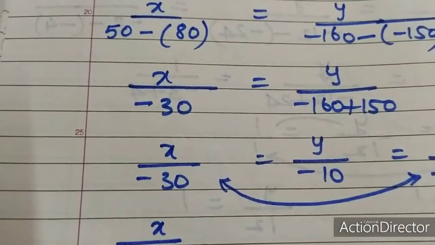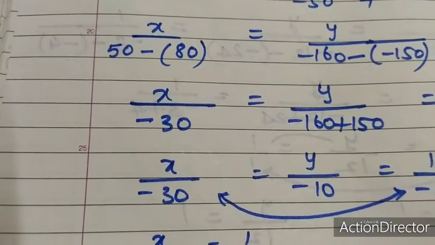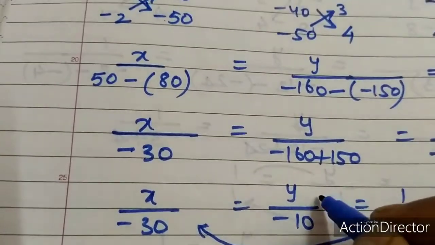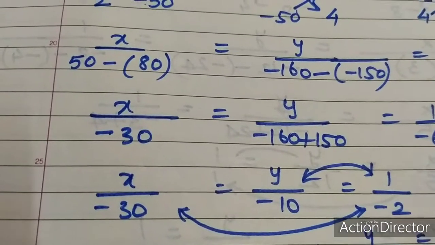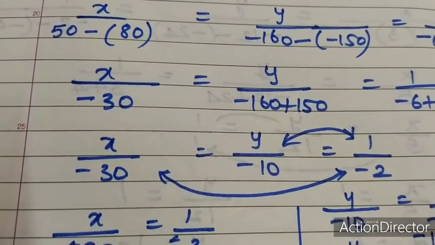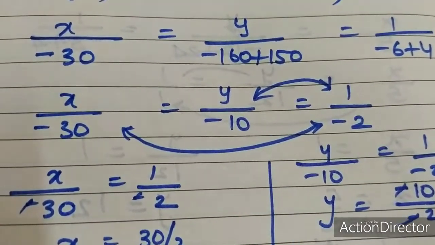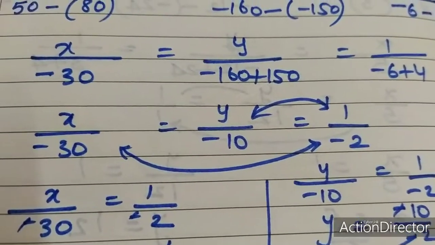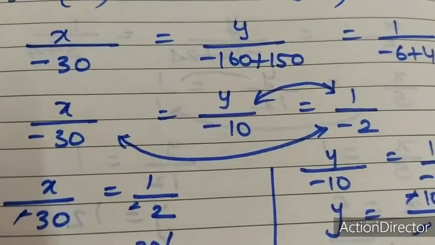तो फिर आप लिखेंगे x अपॉन -30 इक्वल टू 1 अपॉन -2। जब सॉल्व करेंगे तो x इज इक्वल टू 30/2, मीन्स 15 आ गया। फिर यहाँ पे इसी तरीके से अगर आप इन दोनों को सॉल्व करते हैं तो आएगा y अपॉन -10 इज इक्वल टू 1 अपॉन -2। तो y इज इक्वल टू -10 अपॉन -2, कैंसिल किया, वैल्यू आ गई 5। तो इसका मतलब आपके पास टोटल क्वेश्चंस कितने थे, तो x इज इक्वल टू 15, करेक्ट आंसर्स थे ये, और y इज इक्वल टू 5, जो थे वो इनकरेक्ट आंसर्स हैं।